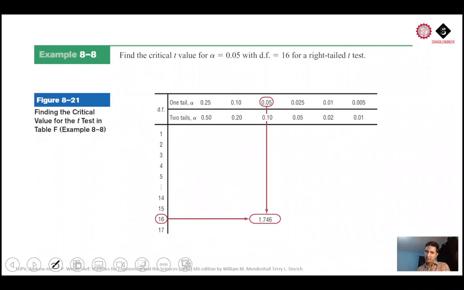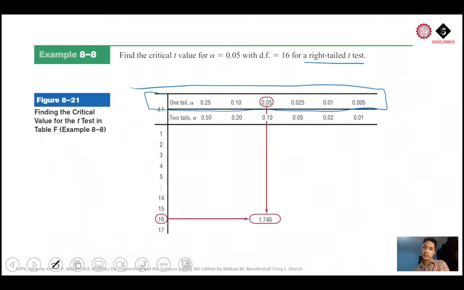But when it comes to hypothesis testing, it's either one tail or two tail, and we have to use these rows. So for alpha of 0.05 and a right-tailed test,